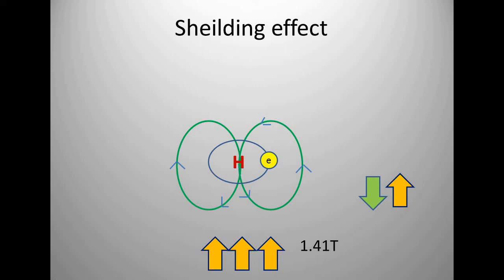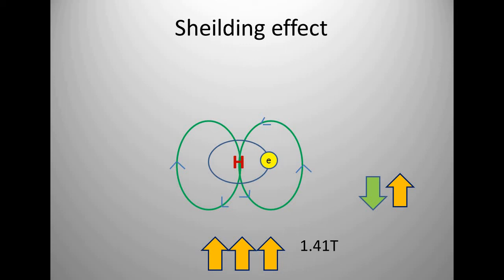So ultimately we can say this electron, which is moving around a proton and creating this field, produces an induced magnetic field that cancels your external magnetic field. So we can say your electron protects, or shields, that proton. The shielding means the protecting. So shielding effect is a protecting effect which is shown by your sigma electron only. Your pi electron does not always show the shielding effect, but the sigma electron does.